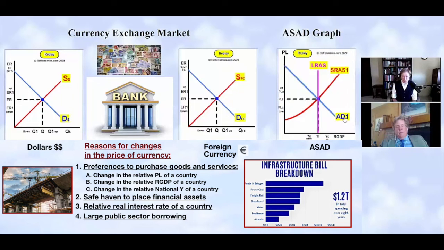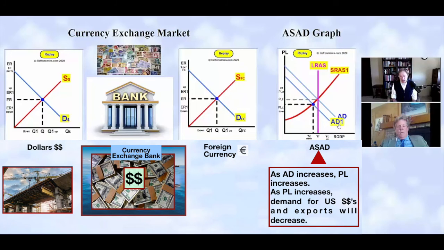Large public sector borrowing will often occur when there's a recessionary gap. If it was an inflationary gap and we're operating beyond full employment, the motivation for government borrowing is diminished. The government might choose to borrow to apply a demand-side approach to get us back to equilibrium. As aggregate demand then increases, that's going to cause the price level to increase. And as the price level increases, that's going to make the demand for goods in our American market less effective